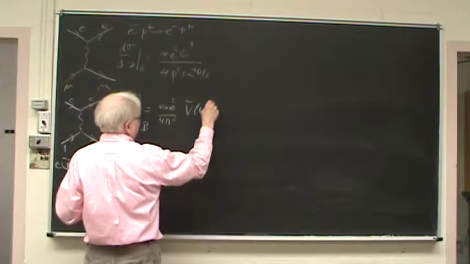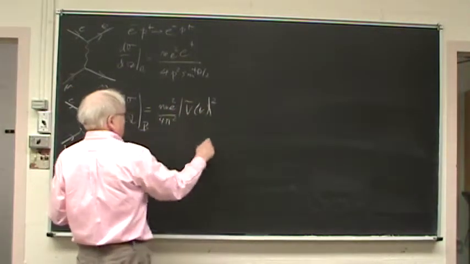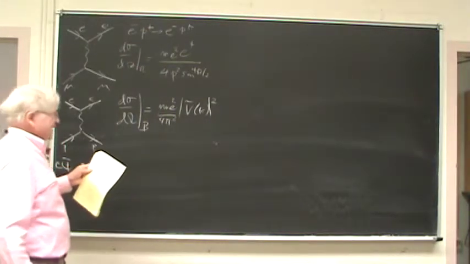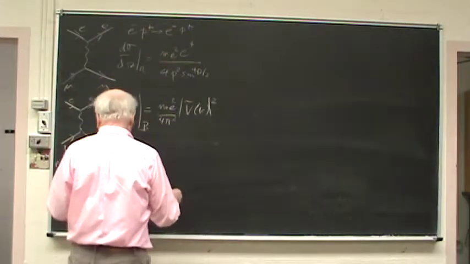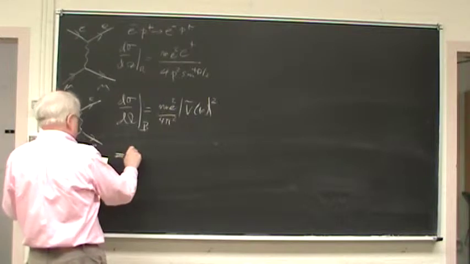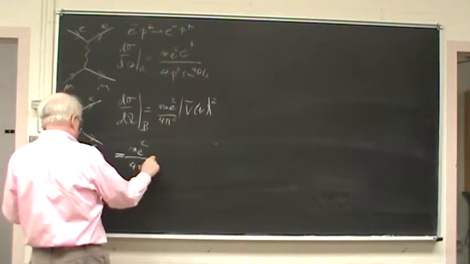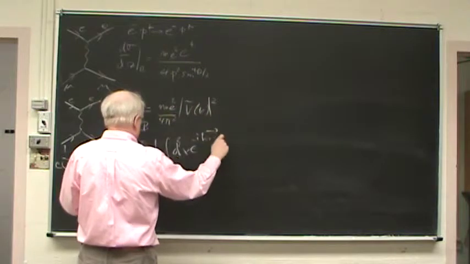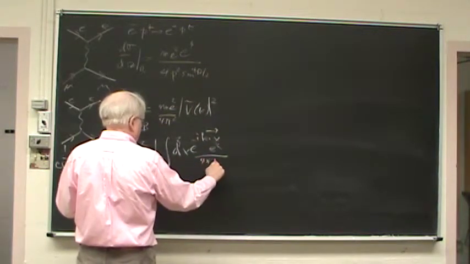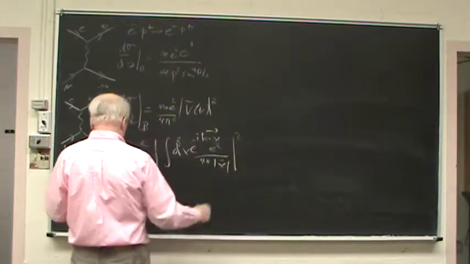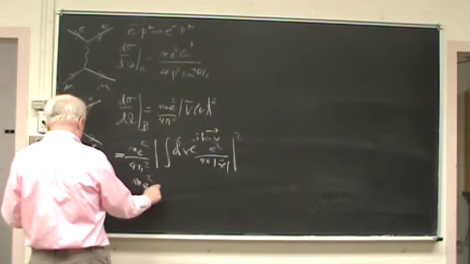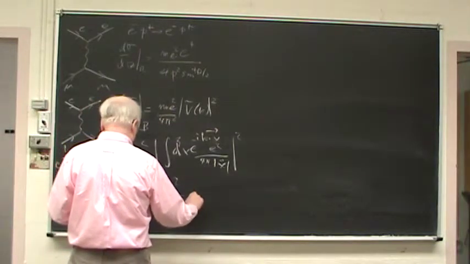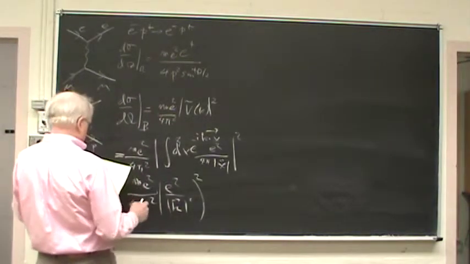The Fourier transform of the potential, let me put it in an absolute value because I really am a little spooked by a Fourier transform without an absolute value sign if we're doing a cross-section, but I think the thing is real. So this is m e squared over 4 pi squared, and then integral d cubed x, e to the minus i k dot x, e squared over 4 pi x, and this gives us m e squared over 4 pi squared, e squared over k vector squared, which is,